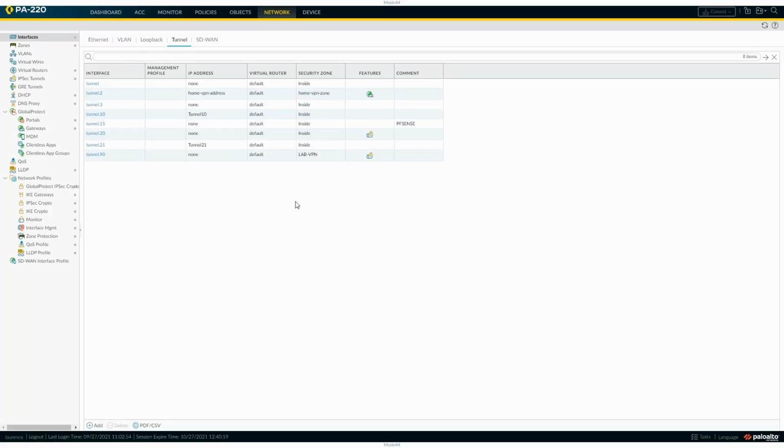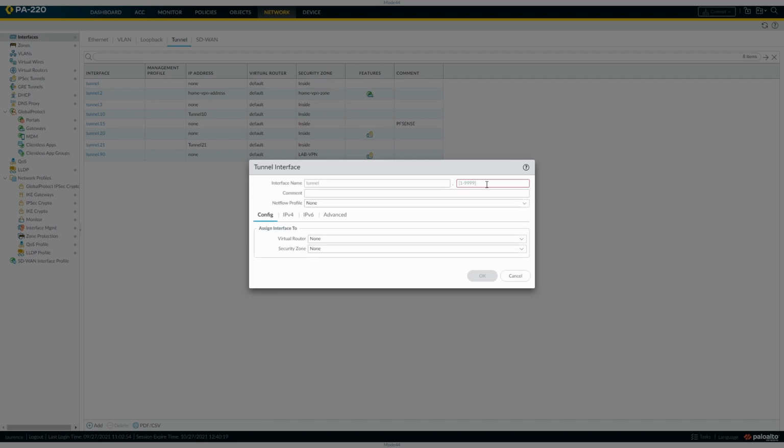Tunnels. Tunnel interfaces are exactly what they say they are. So you create a tunnel interface. This has to be a unique number. Comment again, NetFlow profile again, virtual router again, and then security zone. Now security zone is where this lands. So